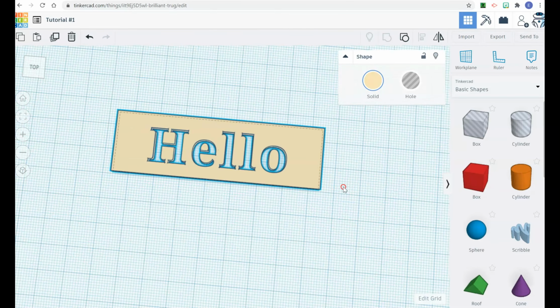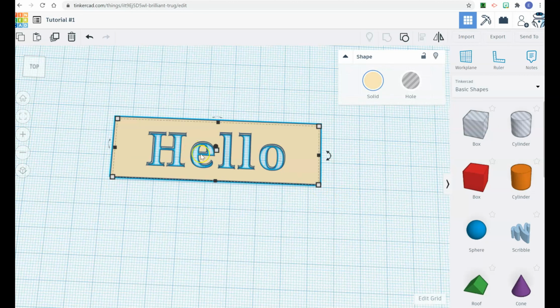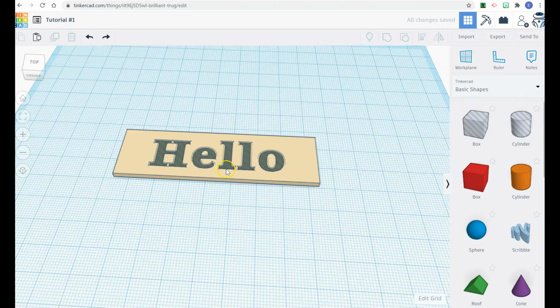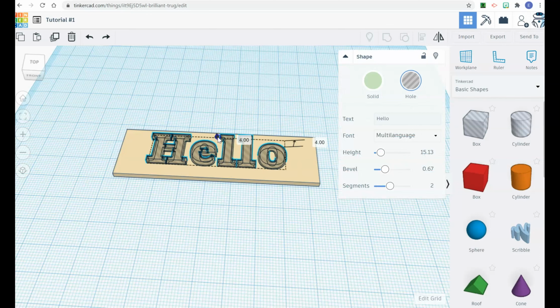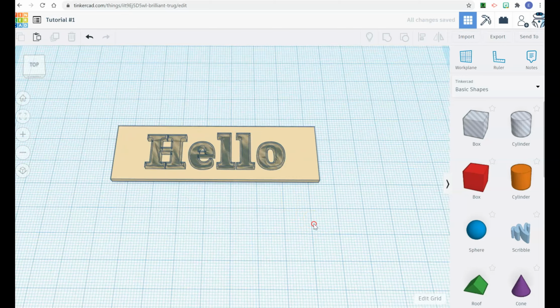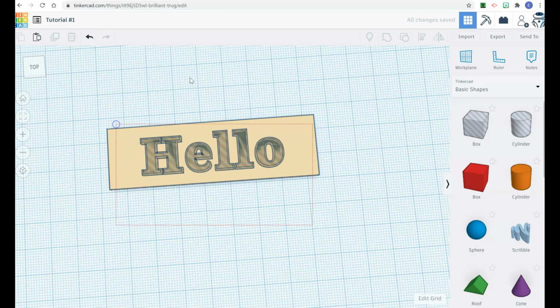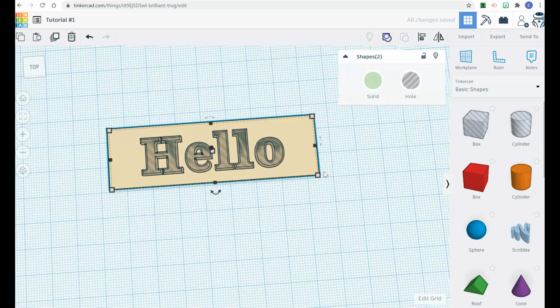Now, those of you that have done a lot of 3D printing know that when I print this out, these objects are floating, so that's not going to print very nicely. This is going to fall out of my 3D print. But what I can do, if that's the case, is undo that, click on the word hello, raise it up a little bit. Just want to put it into the platform a little bit and grab these two objects again, click group,